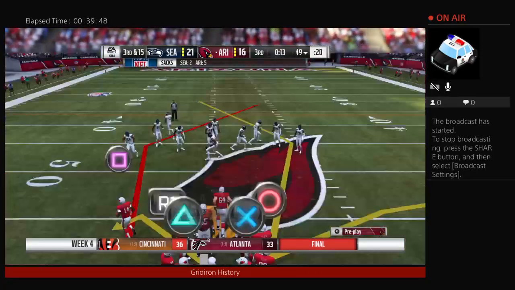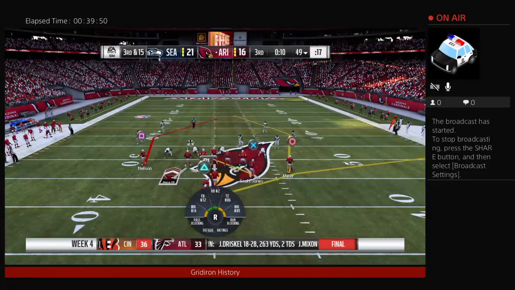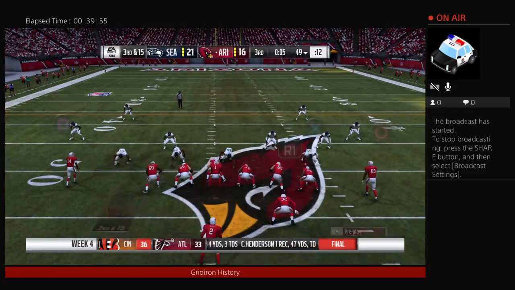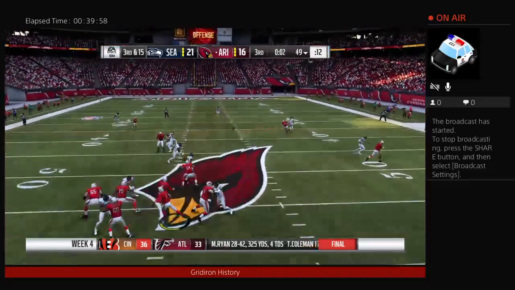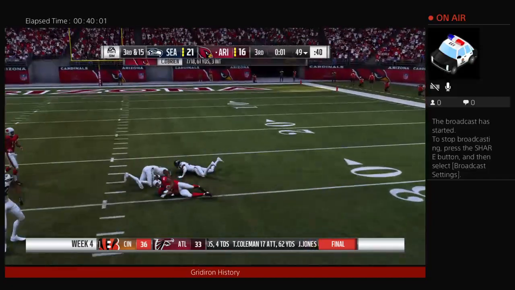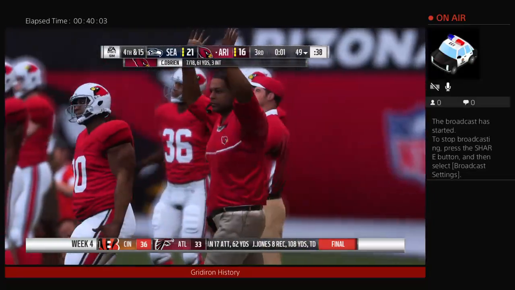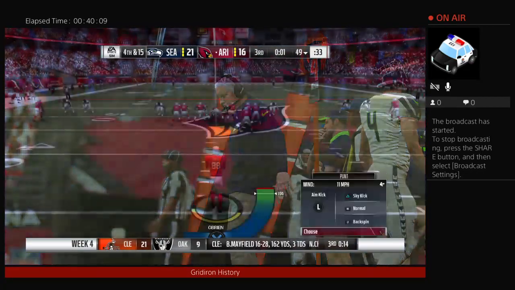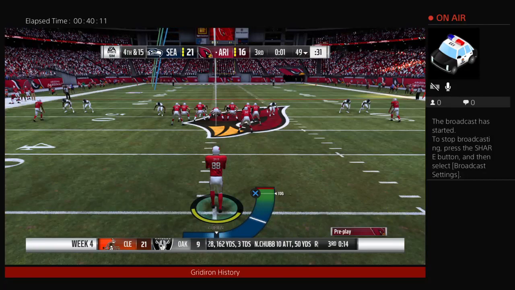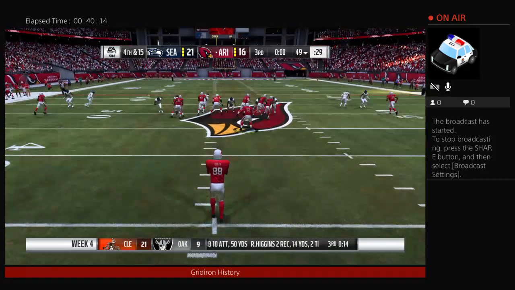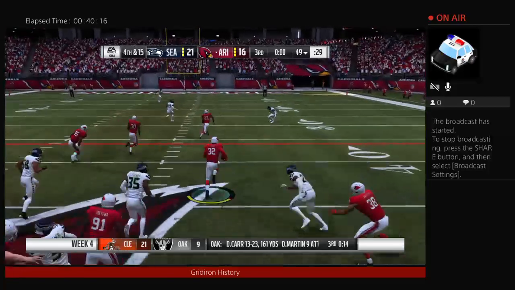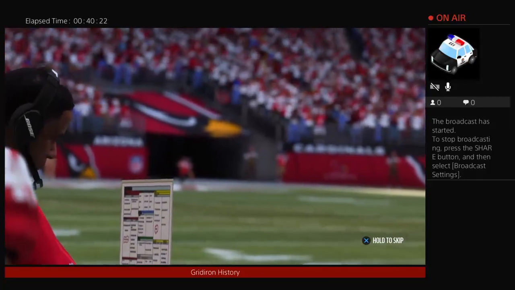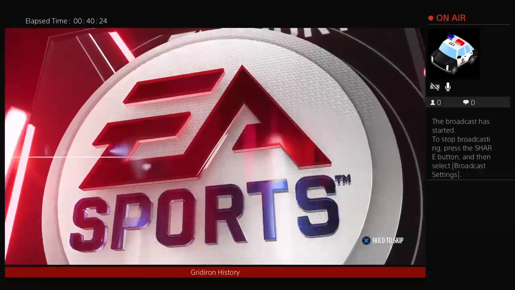Oh, well, 3rd and 15. No. This works in Madden 18 constantly. Let's see if it works in Madden 19. Yeah, it does. Yeah, I control him, so what? I'm gonna break the rules. I'm controlling the